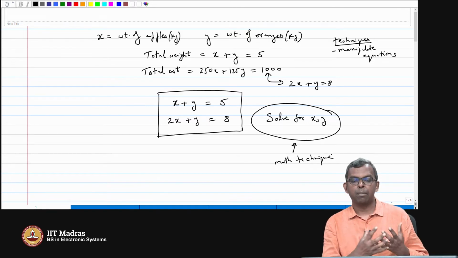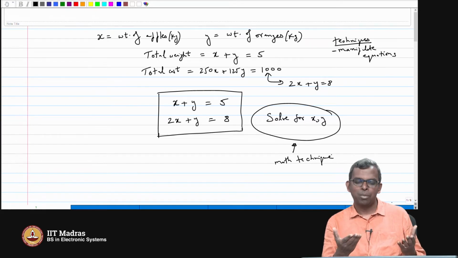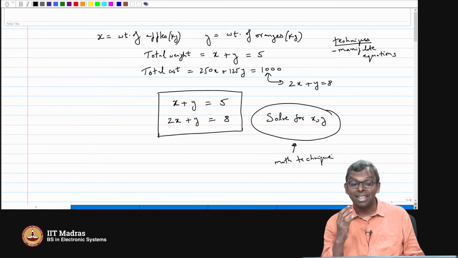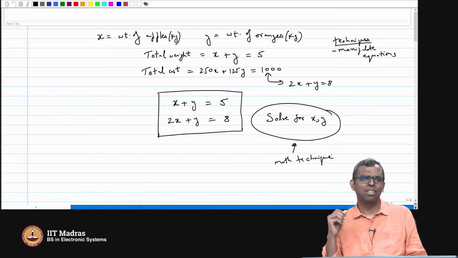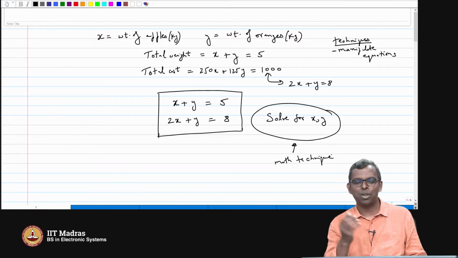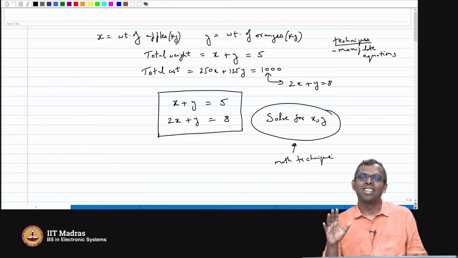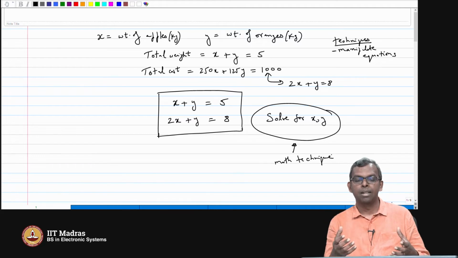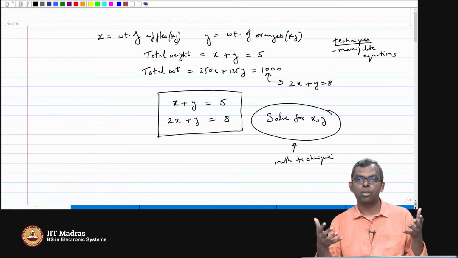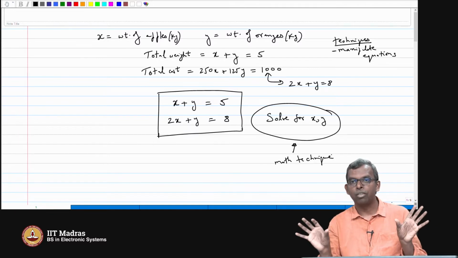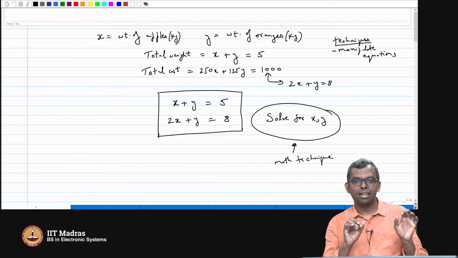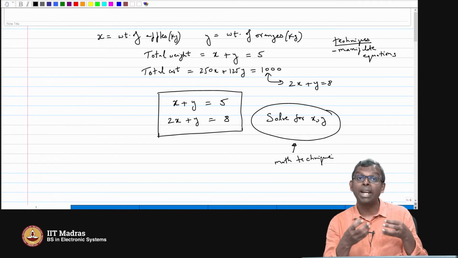Okay, so these equations came in a very, very nice and simple way from a very small problem. It's a very toy problem. You might think it's not engineering in difficult electronics system design. You may not get equations like this. I can tell you these equations show up all the time in circuits, and even if you're putting together a big system, right? So for instance, your system might have a budget, right? The board you're making, the system you're building will have a budget. So all the components that you have to buy, the cost per component multiplied by number of components is the total cost, and that needs to be within a certain budget, right? And there may be other limitations. For instance, the weight of the components may have a